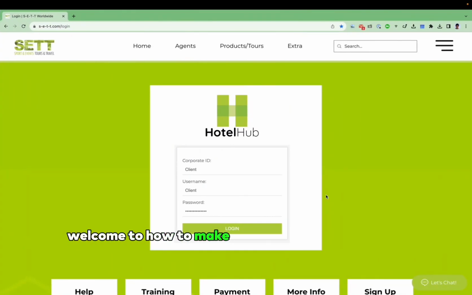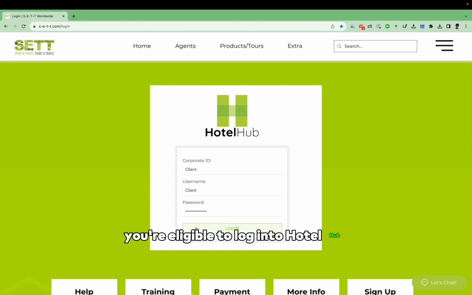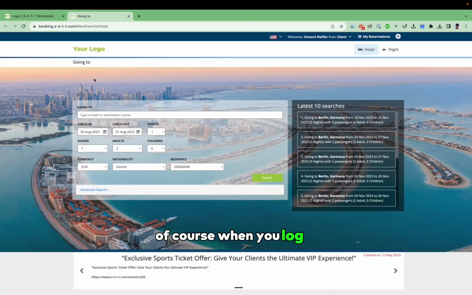Welcome to how to make a booking within 2 minutes on HotelHub. So as soon as you've been provided with your corporate ID, your username, and have created your password, you're eligible to log into HotelHub. Of course, when you log in, you will have your company logo,